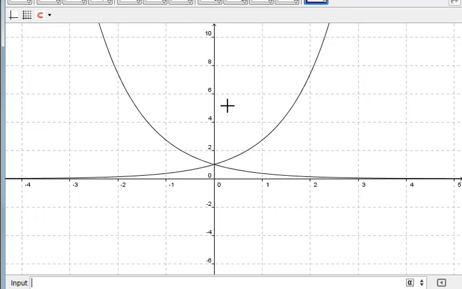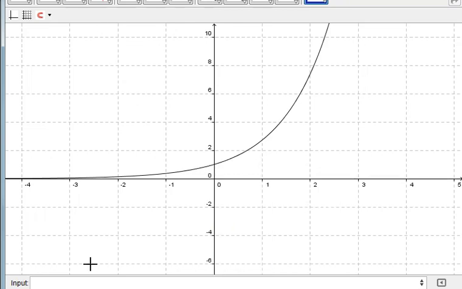So the x parts of the coordinates have been multiplied by minus 1, and the y parts of the coordinates are unchanged. However, you might notice that there's a slightly simpler transformation going on here. If I look at e to the x and the transformation that's gone on, it looks as though e to the minus x, so f of minus x, is a reflection in the y-axis this time. But again, that's quite difficult to see,